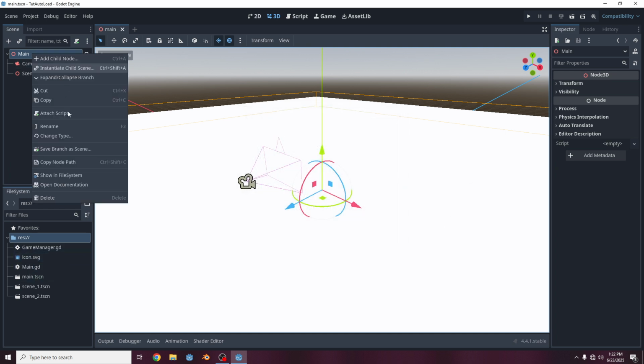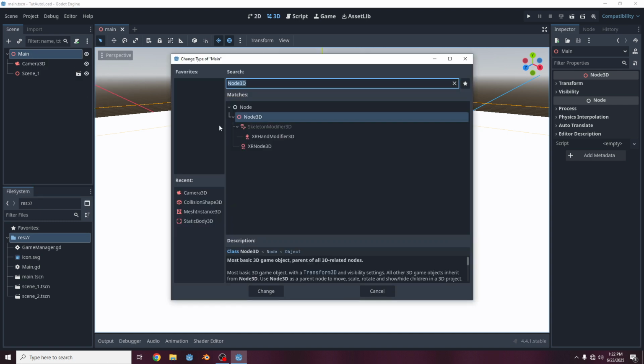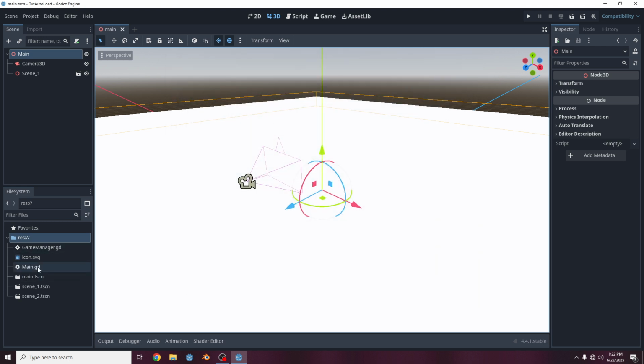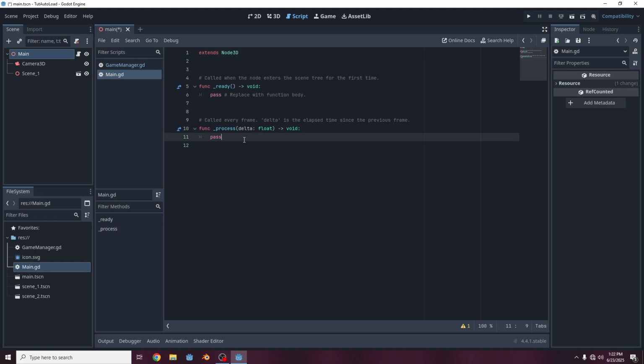And then we can just drag the script onto the main node, the main script onto the main node, and then in the main script, in process, we'll say